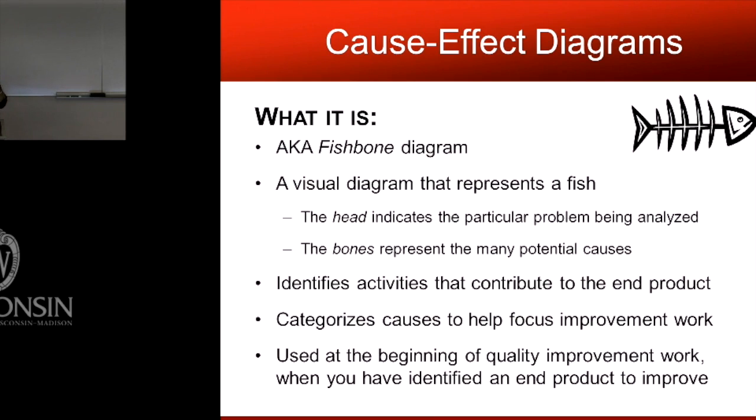And again, it's also a place where you might have 10 different ideas that could potentially impact this quality gap that you're talking about. And that might be something where you'll address a couple of them now, and maybe in the next cycle of your PDSA, you'll address another portion of it. So this just gives you ideas